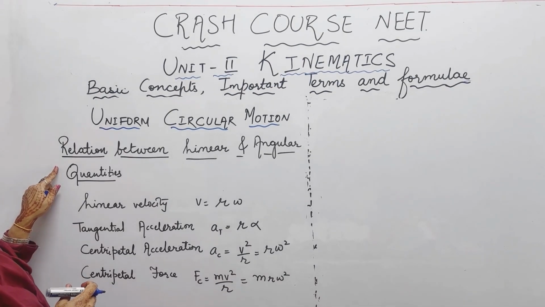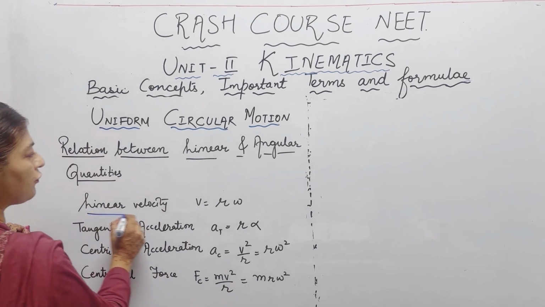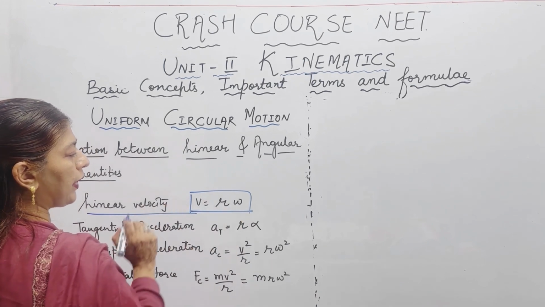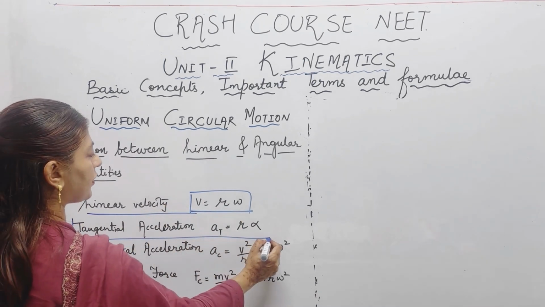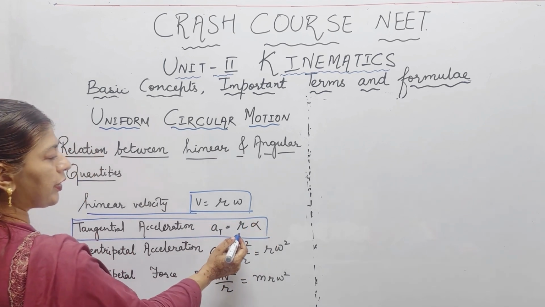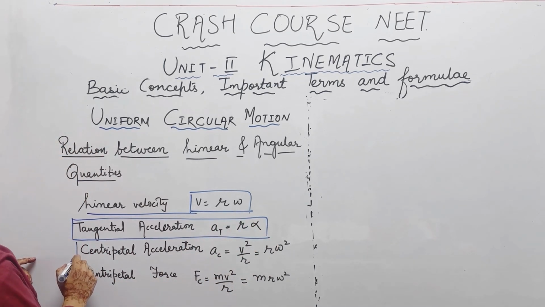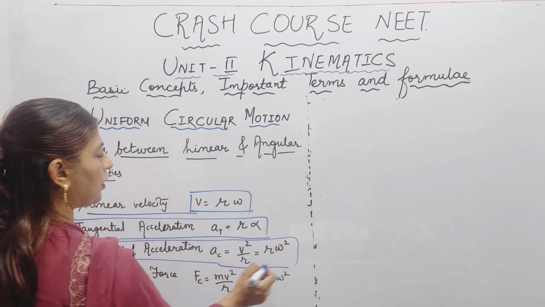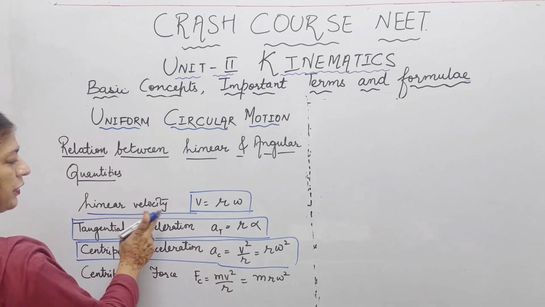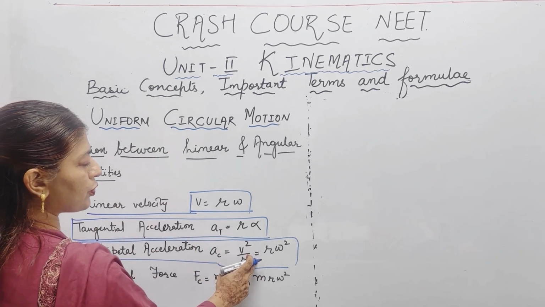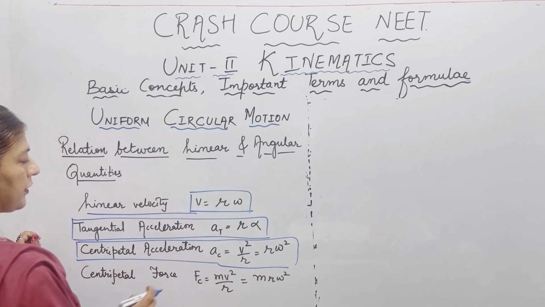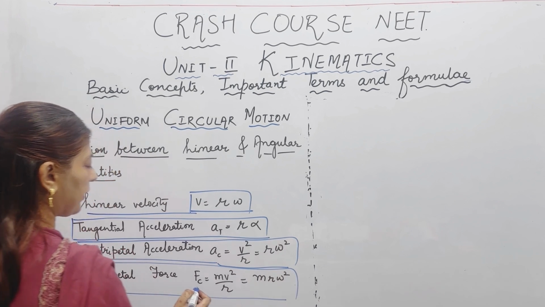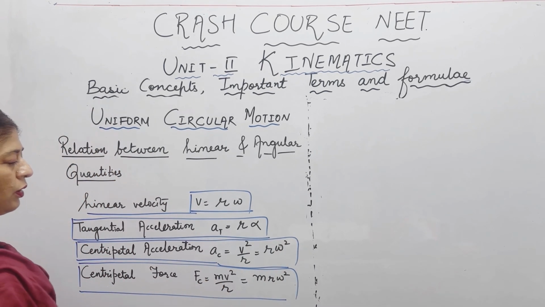Frequency nu is equal to 1 upon T. There is relation between some of the linear and the angular quantities. Linear velocity v is equal to r the radius into the angular velocity. Tangential acceleration at is equal to radius into angular acceleration. Centripetal acceleration, this is denoted by ac, this is equal to v square by r, where v is the linear velocity, r is the radius, or it is also equal to r omega square, omega being the angular velocity. Centripetal force is given by Fc, this is equal to mv square by r, or it is